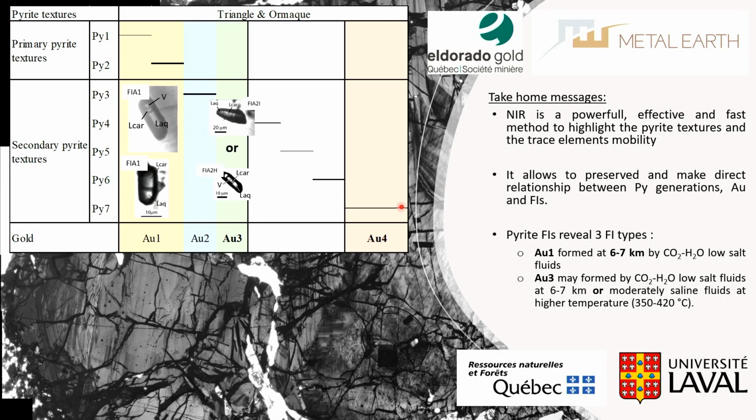And just to finish, this primary fluid inclusion might preserve the pristine fluid that precipitated the gold 1, and the secondary type 1 fluid inclusions might be related to the gold 3, and the gold 1 probably formed around 6 to 7 kilometers depth. And also just to tell you that I just finished compiling this data yesterday,